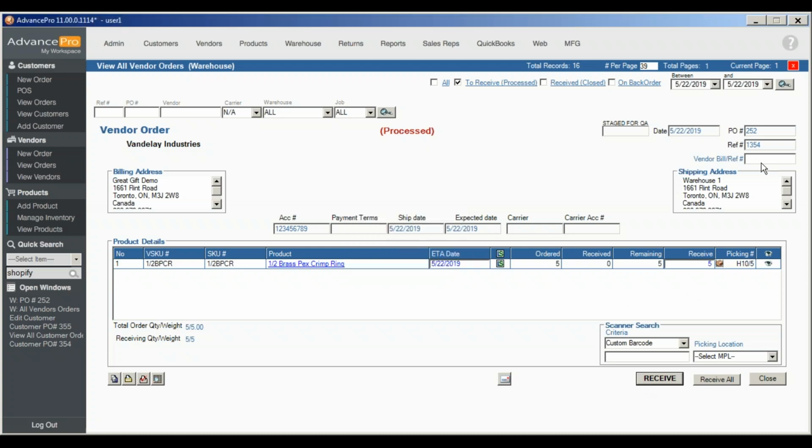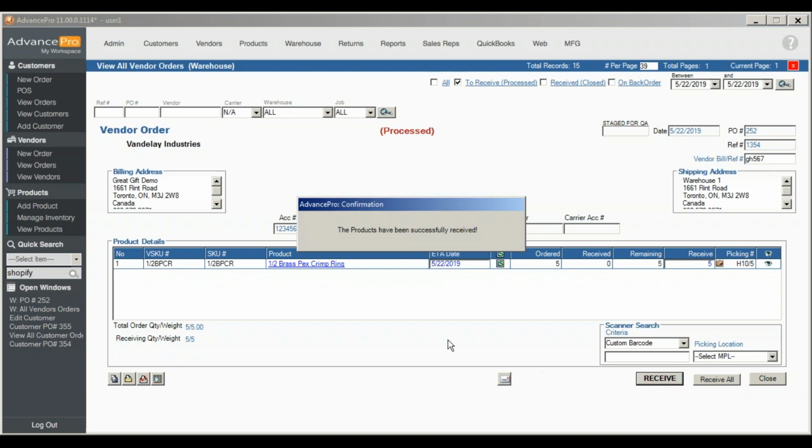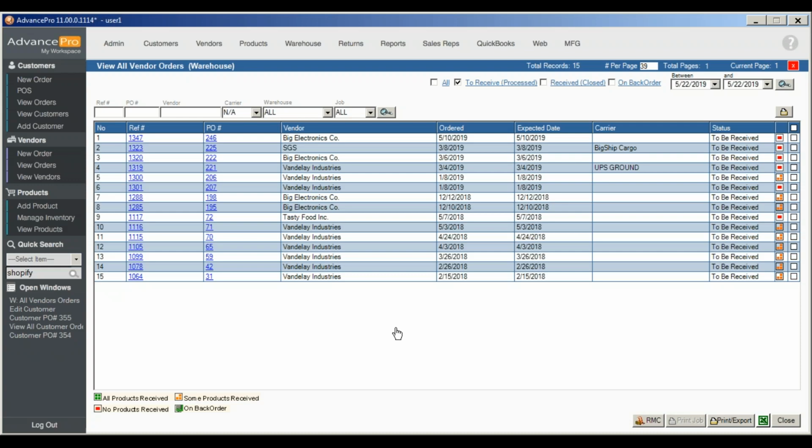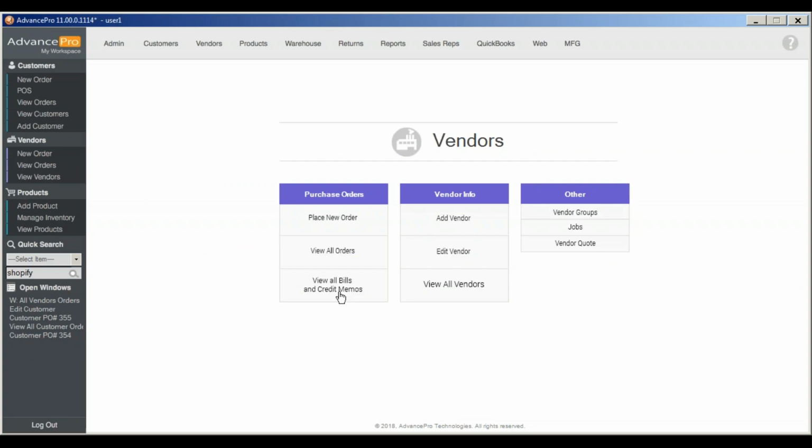Vendor bill reference number, I'm going to make one up. And then you now have it successfully placed in stock. That's basically closing out the order. The next step from here is closing it out in AdvancePro in terms of creating a bill, and that will synchronize to your QuickBooks automatically. Gotcha. Yeah, and that process is pretty much as such. So it's vendor, bill,